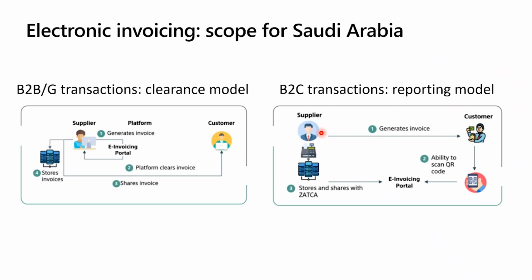And this invoice must be, as I said, printed and passed to the consumer. And also this invoice needs to have a QR code printed on it, and this QR code basically should contain the information about this invoice, some data from this invoice, and also the hash of this invoice, right? And this means that